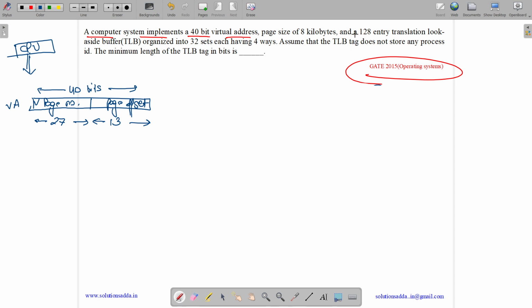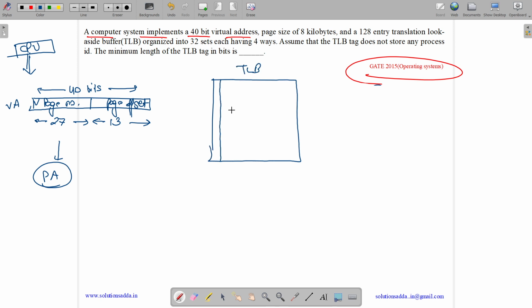Okay, and a 128 entry translation lookaside buffer. See, this virtual address needs to be converted to physical address for finding our data. So we have a data structure called TLB in between. So this is our TLB. It has various fields like whether a bit is valid or not, it's dirty or not. We have a valid field, we have a dirty field, then we have a tag field, and then we have the corresponding physical page number. So using this virtual page number, we will come to this TLB and we will find our physical page number.